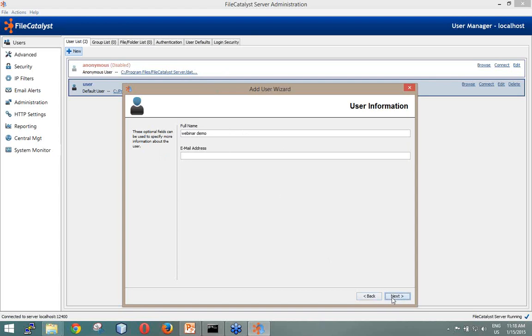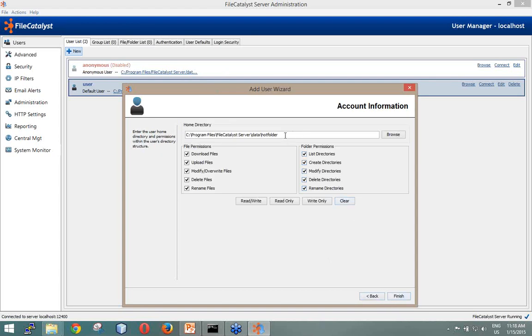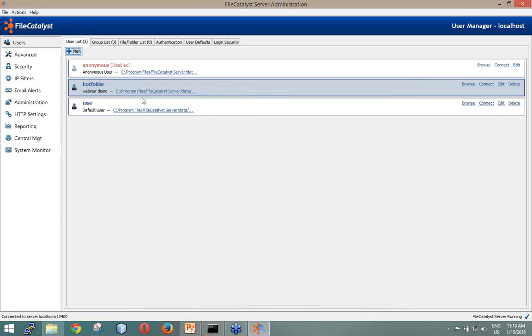And I can put an email. If there's an email, the email notifications will work. I'm not worrying too much about this because everything I'm doing is local. And here's my home directory. When this user logs in, this is the local path that this user will have access to. I can change this to be a network drive, or an NFS mount if I'm on Linux. I use UNC paths if I'm doing any kind of network connectivity via Windows, and you can create your permissions on it. So once this user is created, I have the folder.